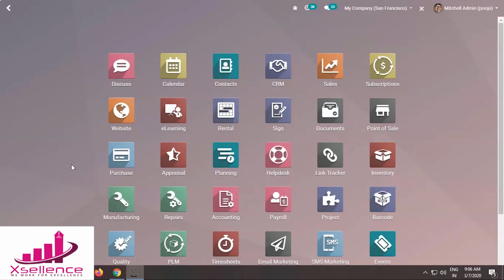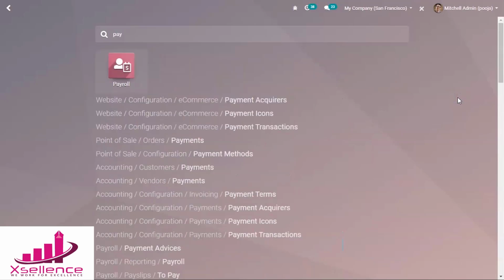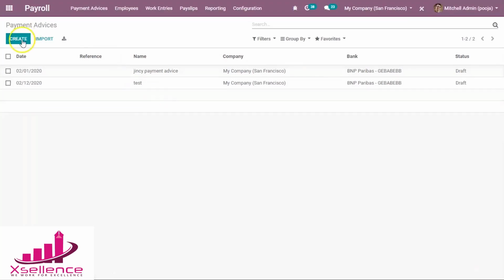Using the working schedule and salary defined in the contract, we generate the payslip. A payslip can be generated for each employee, and we can create batches of payslips. So we can go through this module. Here you can see the payroll module. The first and necessary thing to generate a payslip is to create a contract for the employee.